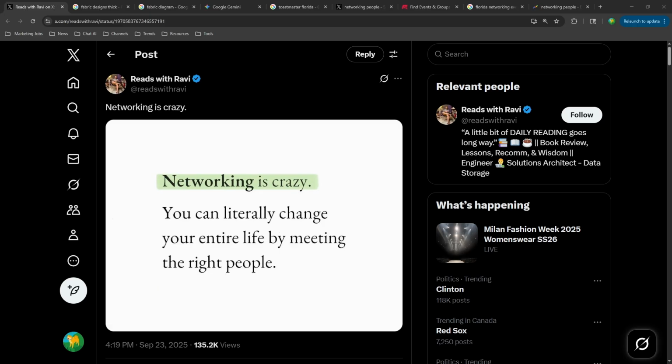And today I'm taking a look at networking. Networking is one of those terms that can put a lot of people off because it is a very challenging skill and activity to do, especially when you're putting so much on the line or you are looking for that job, looking for that investor, looking for that relationship. There's so much riding on the line, and I think we all know that already.